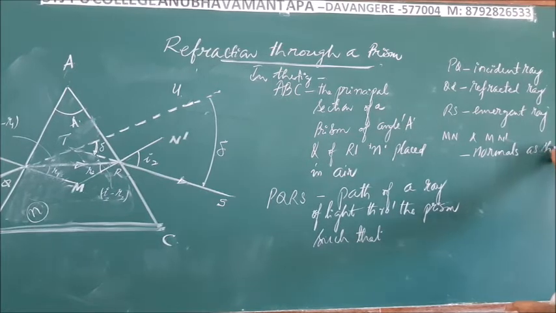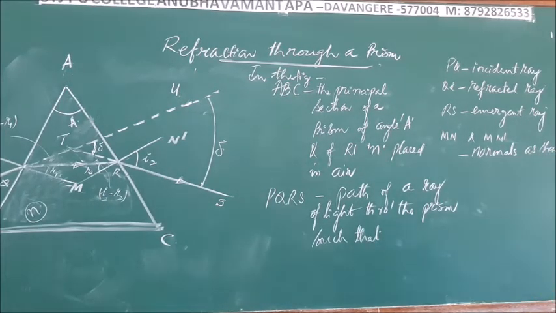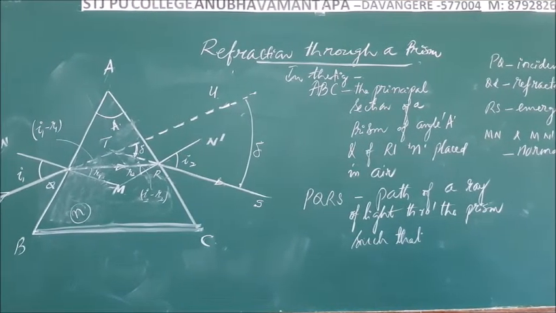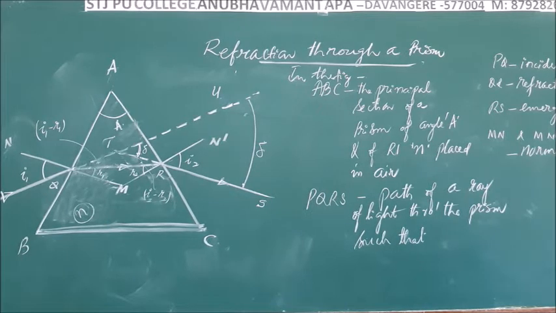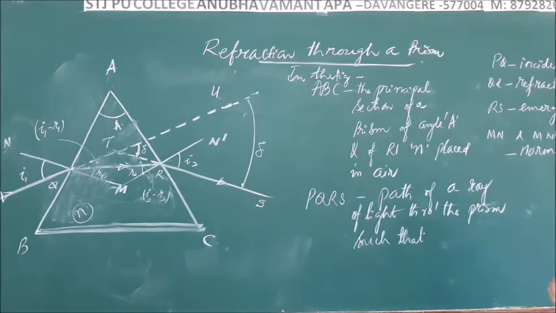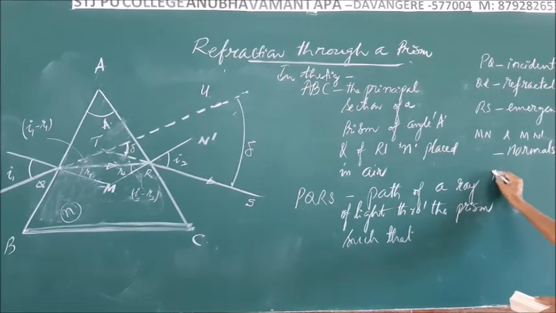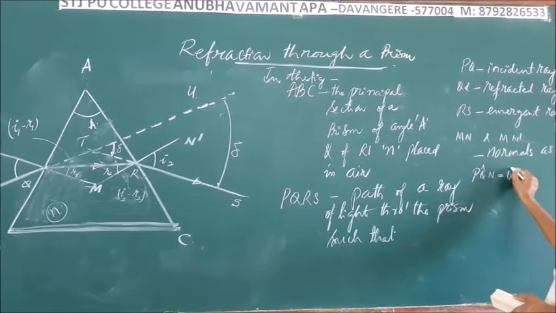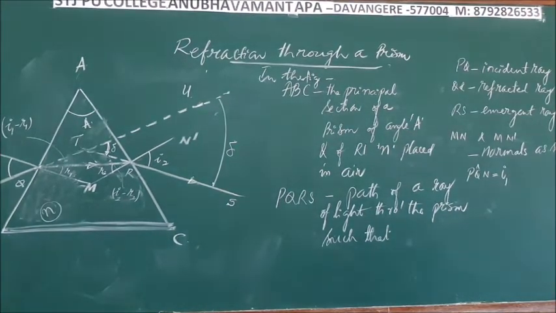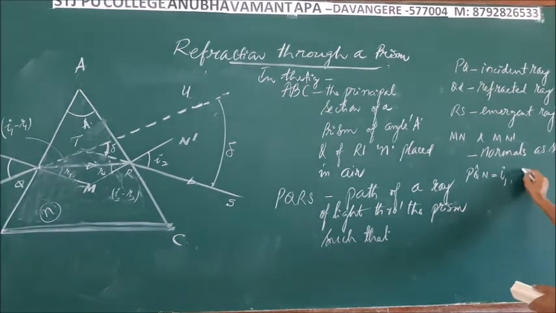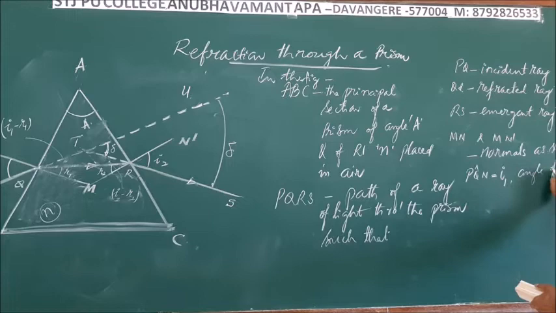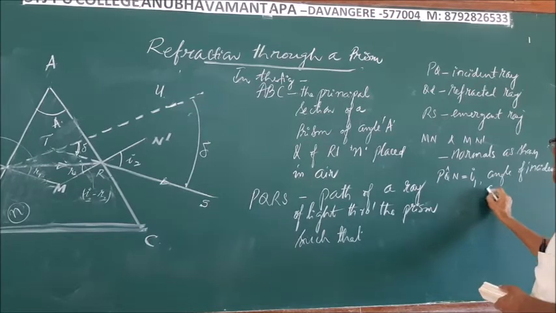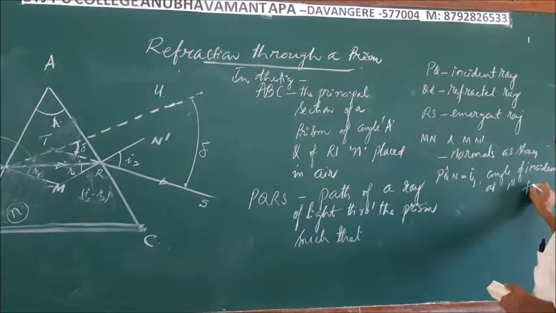That is, MN is the normal to the first surface at the point of incidence Q, and M'N' is the normal to the second surface at the point of emergence R. Now we have, observe the figure, PQN is i1, the angle of incidence at the first surface,